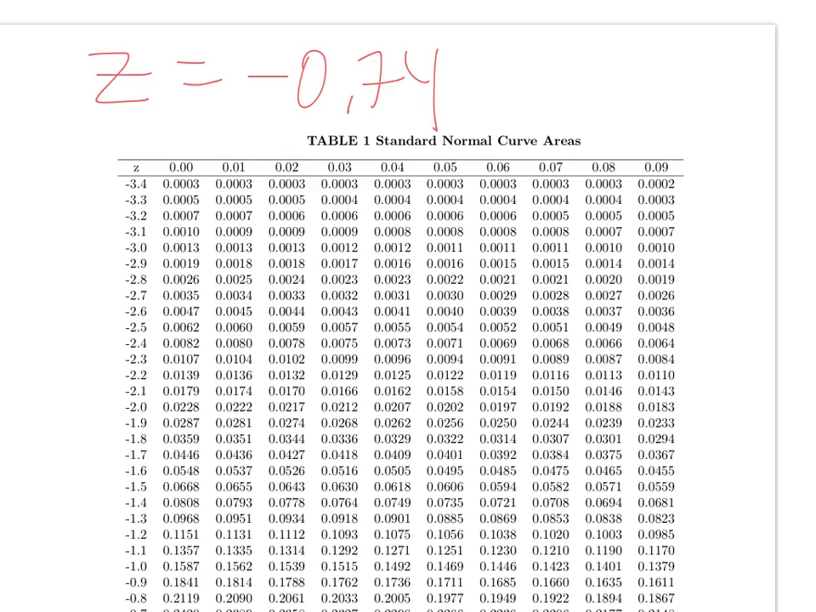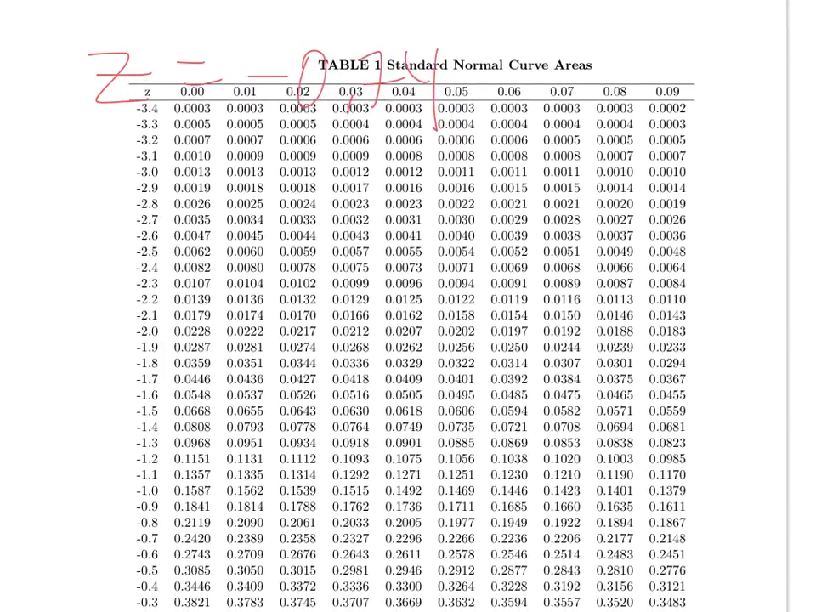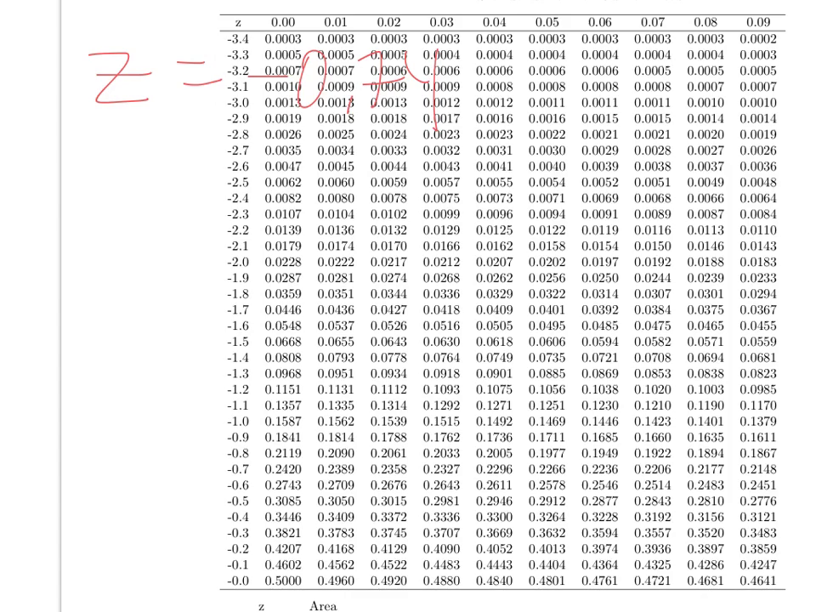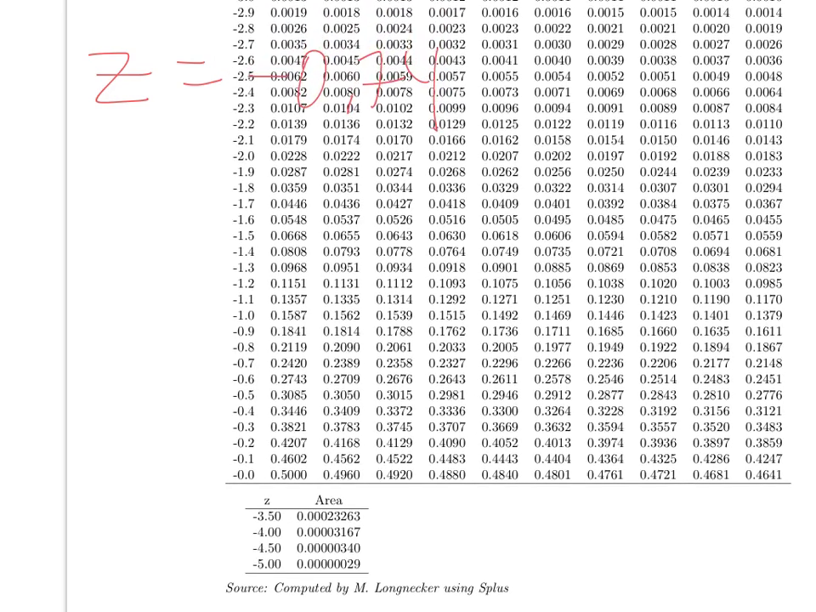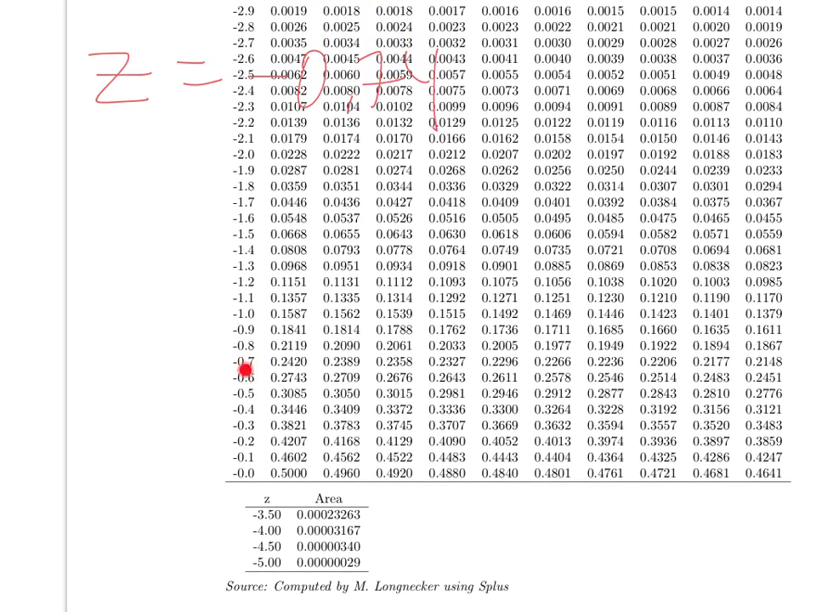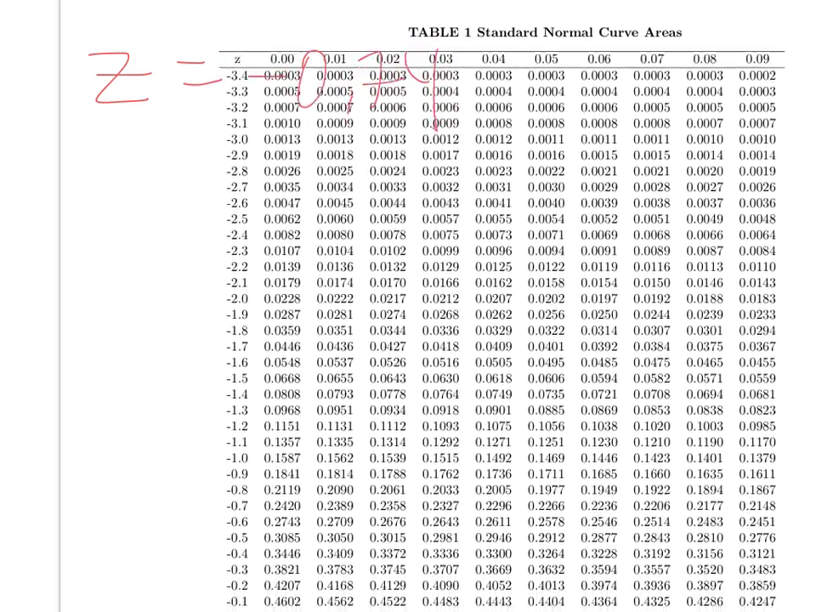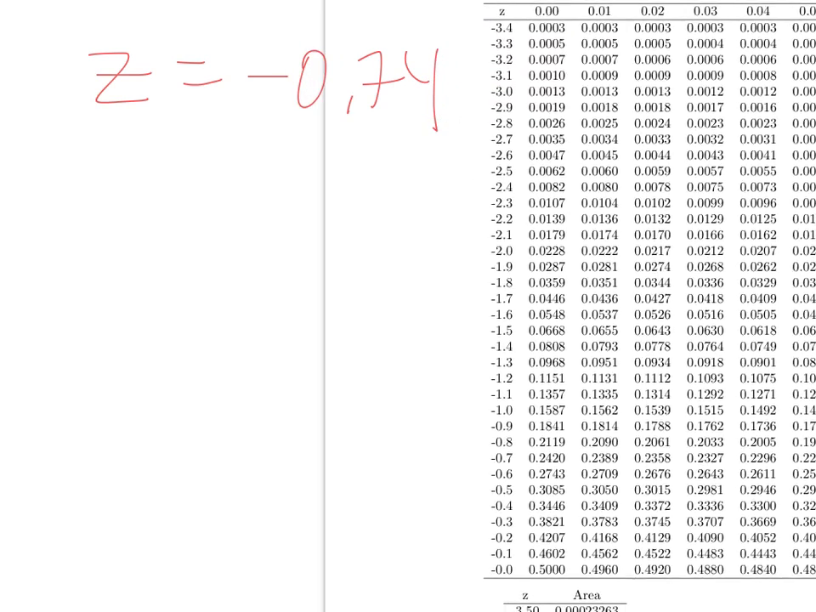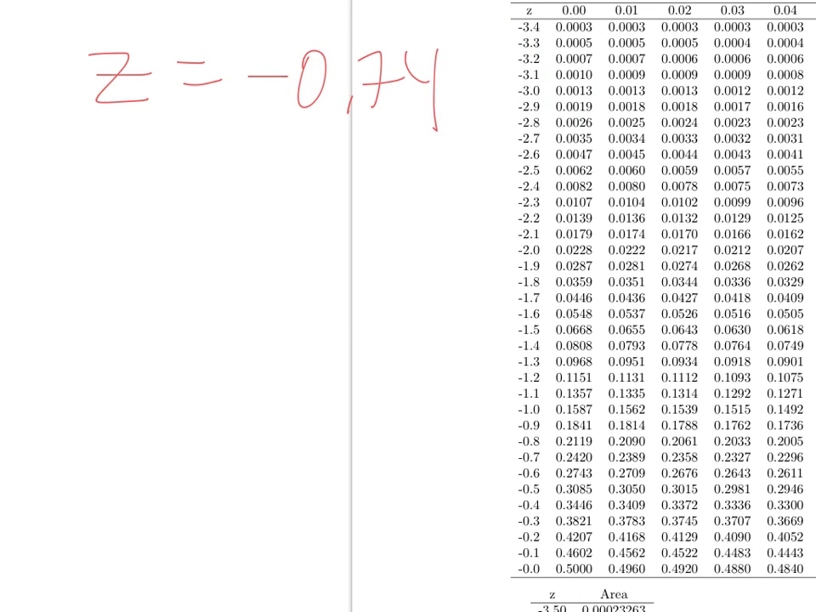So I'm going to go to my z-score table. I'm going to slide it over so I can see the 0.04 column. We want negative 0.7, and then the 4 column is the 5th one over. So negative 0.74 is that area. The table is telling us that the probability is